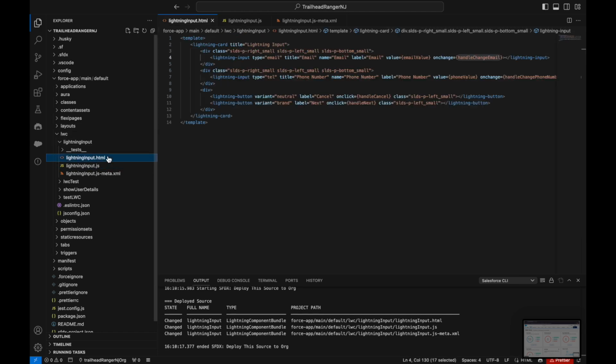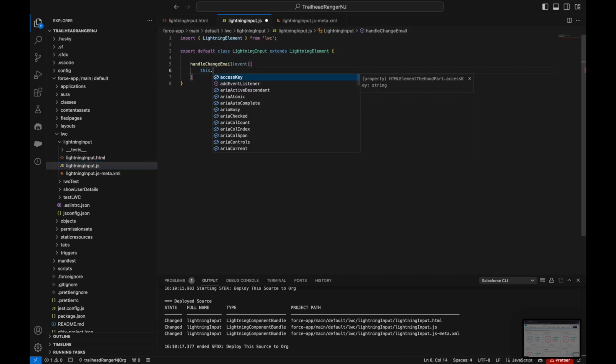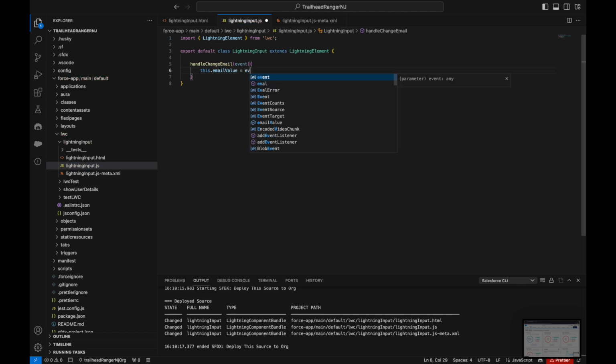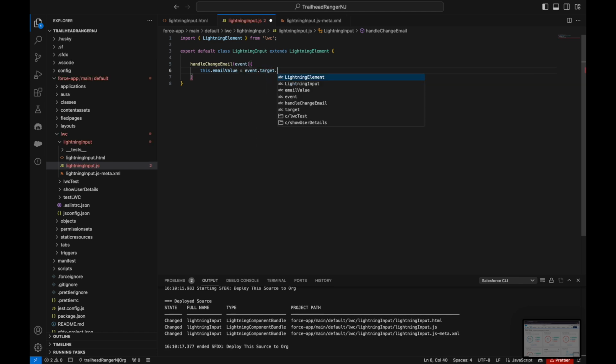And our variable is email value. So this dot email value will be assigned event dot target dot value. So this particular event dot target dot value will be holding the value of email which we will be typing in lightning input. And similarly we'll do the same for